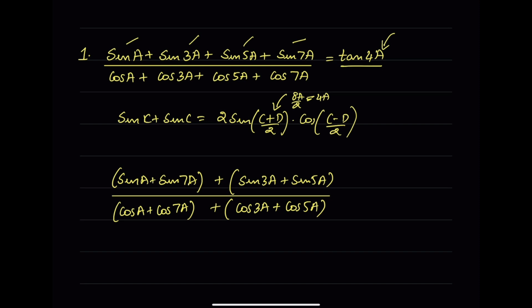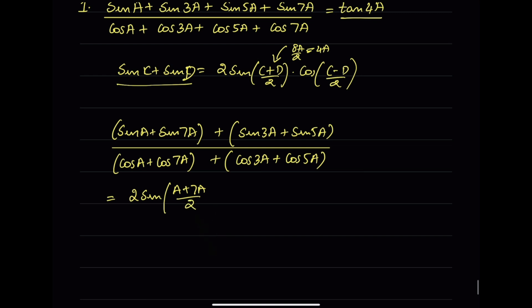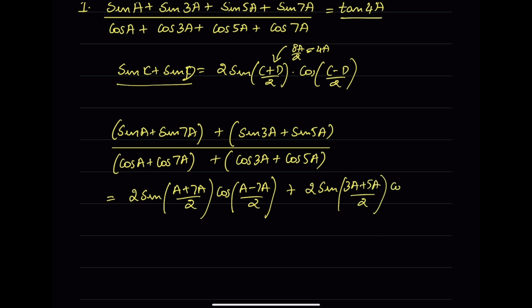Now let's apply the formula sin C plus sin D. So the first part will be 2 sin of (A plus 7A) by 2 and cos of (A minus 7A) by 2, then plus 2 sin of (3A plus 5A) by 2 and cos of (3A minus 5A) by 2,